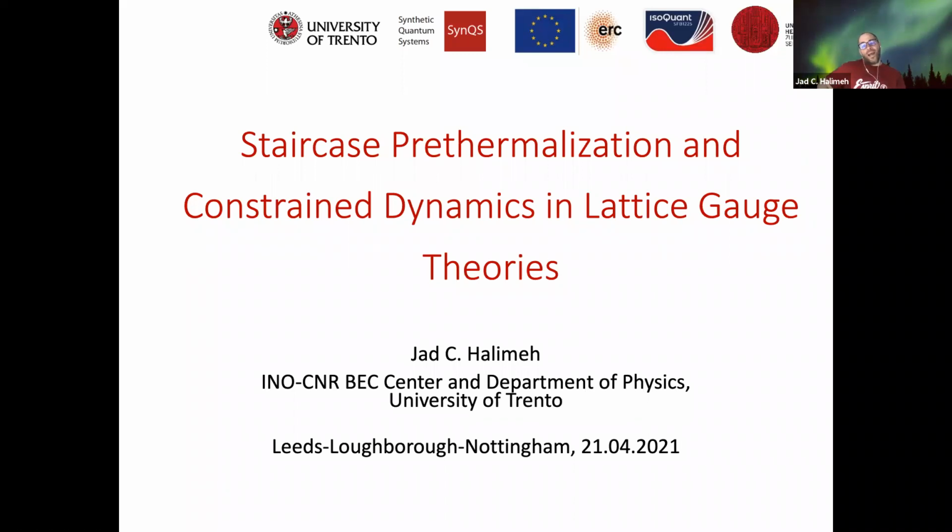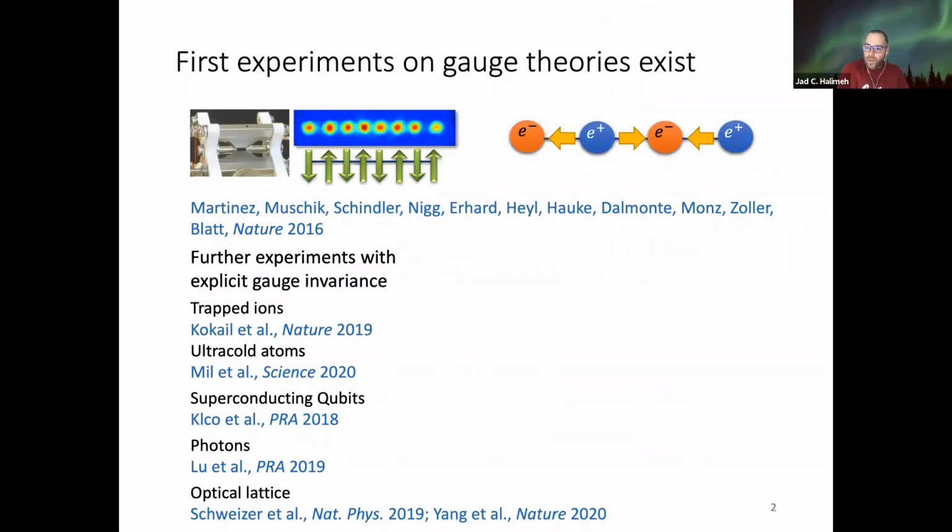And today's talk will mostly cover our work on lattice gauge theory implementations in ultra-cold atom setups and how to enforce gauge invariance and the intrinsic behavior of gauge violations due to unavoidable gauge breaking errors in these implementations. So as you know, gauge theories are fundamental theories of nature that describe interactions between elementary particles as mediated by the gauge field, or gauge bosons, if you wish. And the problem with these gauge theories is that they are notoriously difficult to simulate classically.